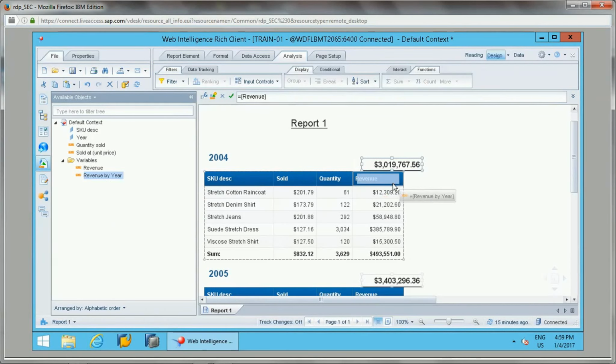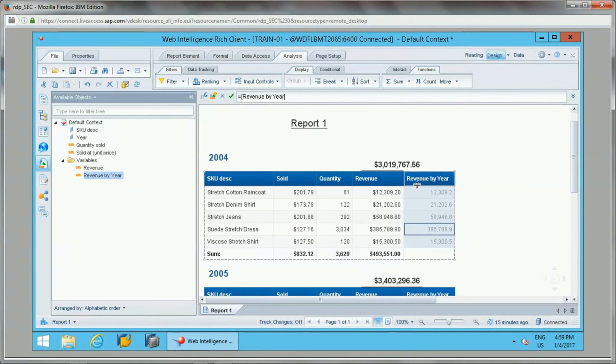So now if I take this here, this is revenue by year, whatever the revenue by year is giving. Now if I take this out of this context, it will give the correct data.